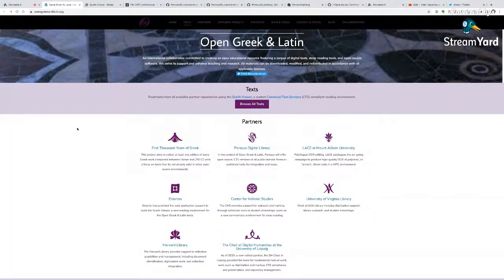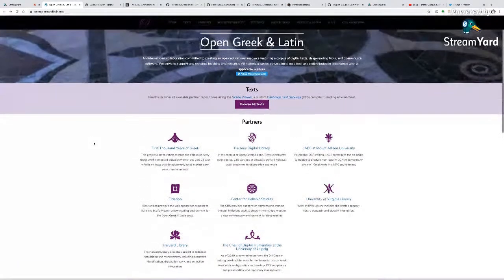The project includes also other languages, and in fact, we also have two projects like Open Persian for classical Persian and Open Arabic for a corpus of pre-modern Arabic texts. Today, I'm just briefly mentioning Open Greek and Latin because, of course, here we have many historical languages. Open Greek and Latin is focused, as I said, on Greek and Latin. In this, you can access the website of the project. You can see it